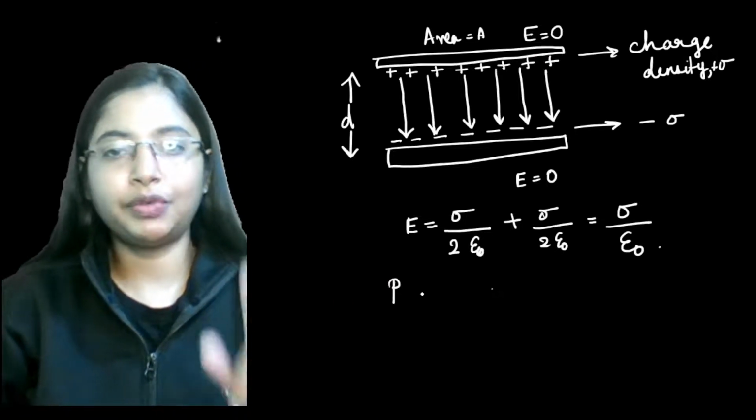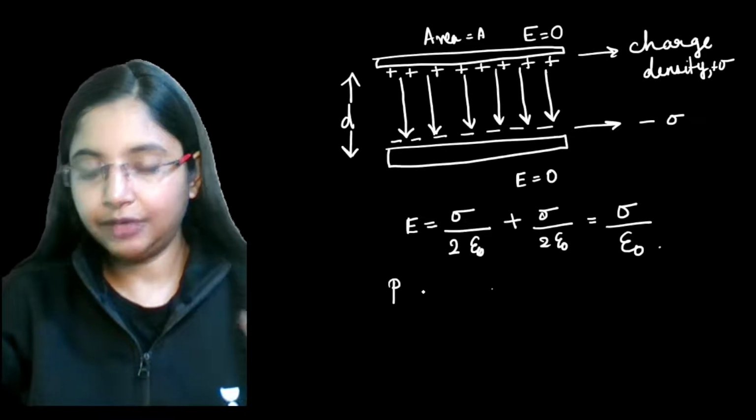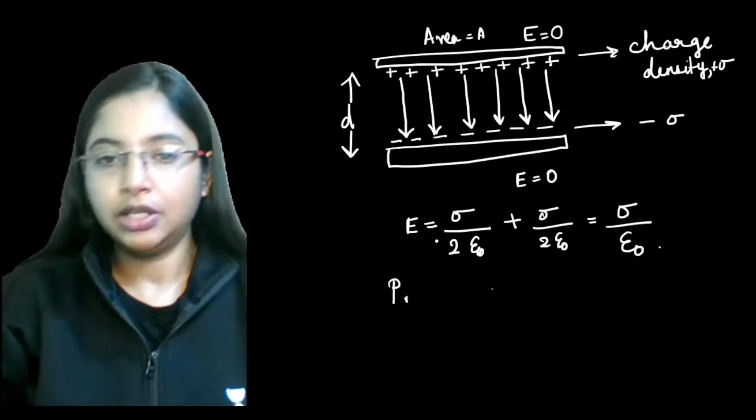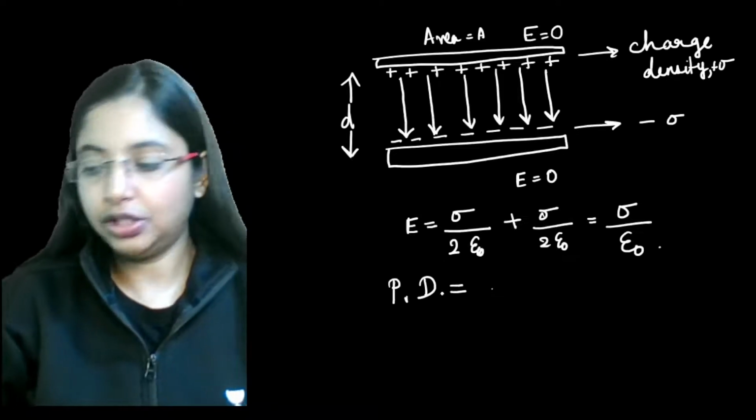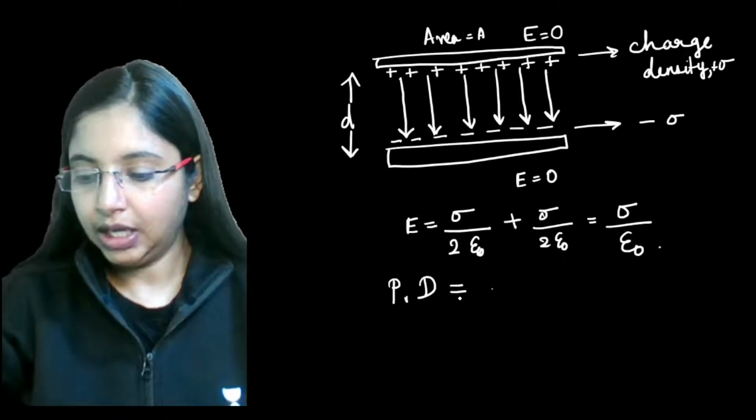In such a case, we want to find the capacitance value, and for that we want to find the potential difference. So what will be the potential difference between the plates? The potential difference between the plates will be